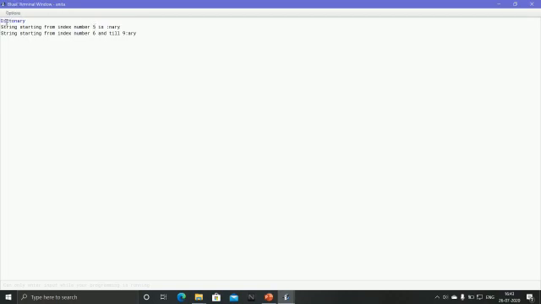We will print that. Output will be 0, 1, 2, 3, 4, 5. 5 starts from n, so NARY will be the output of this. Then in the second, starting from index number 6 until the end, so 0, 1, 2, 3, 4, 5, 6.